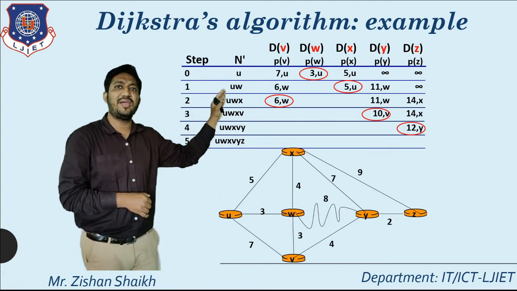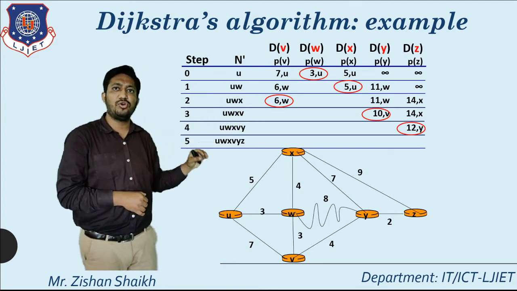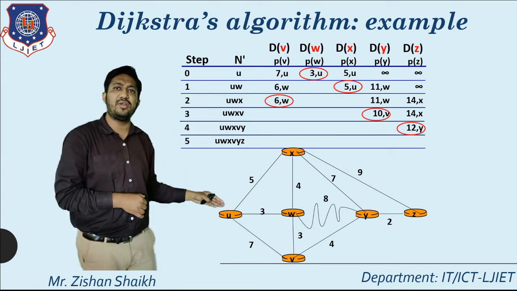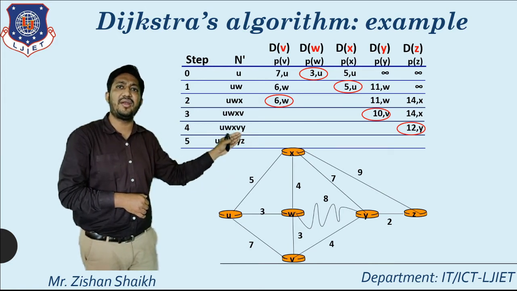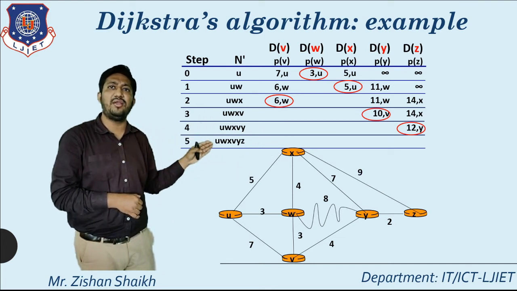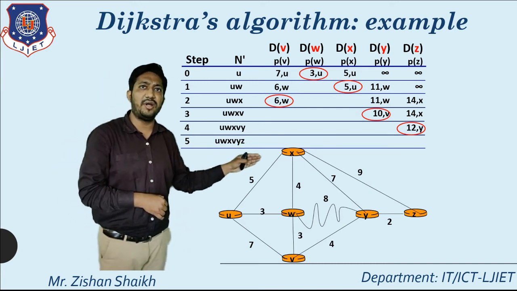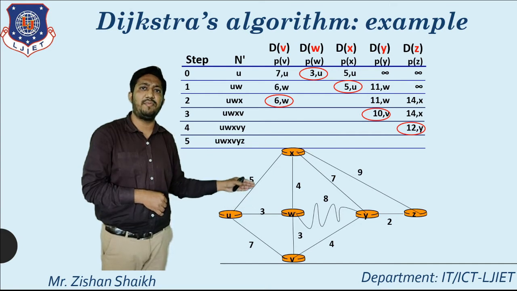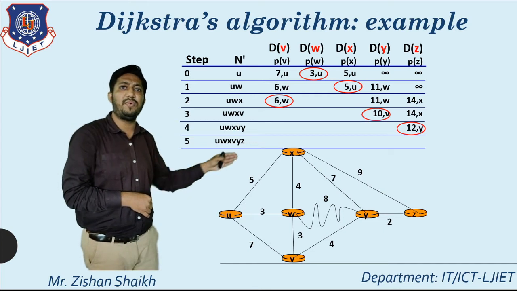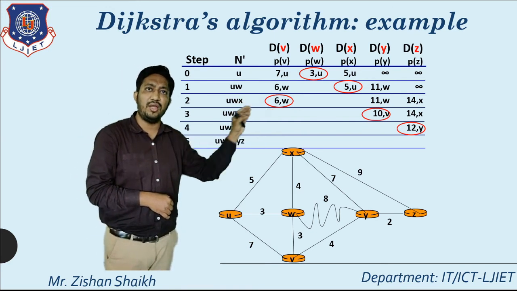Now in step number 2 we can say that our minimum value is our phi of Q, that is eligible for X. So our data item will be U, W and X. Okay, now calculating for that particular U, W and X. From X we can reach all data items, that is Y, Z. Okay, so we are updating the value from particular data item, the VW, we can use the 6 value. For that particular Y, we can reach here via X, that will be 3 plus 4, 7 and plus 7, that is 14, that is maximum one. Again, if we can go 5 plus 7, that is 10, that is greater than 11. So we are maintaining the data item with the value 11 here.